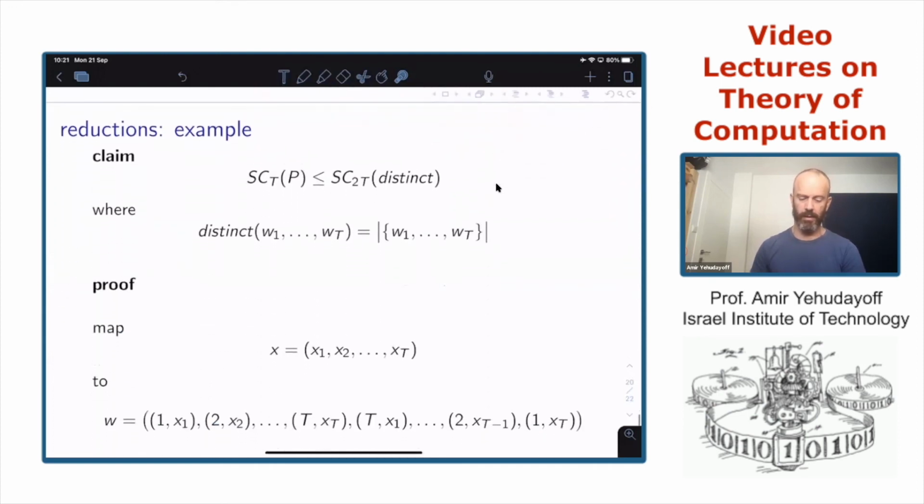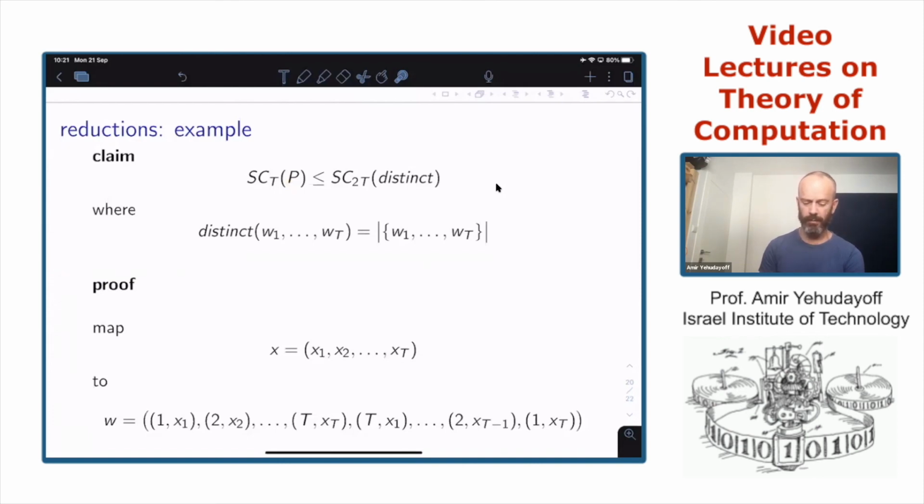We will take an input to palindromes and map it into an input to distinct. And this mapping will show that if we can solve distinct, we can solve also palindromes. So here is how we do this in this specific case.